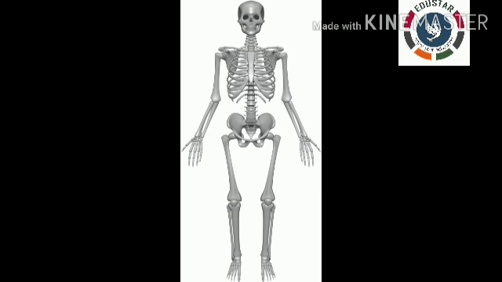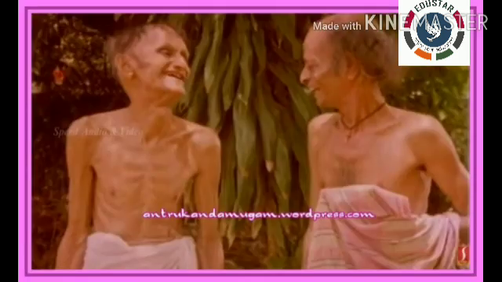So, bones and muscles join together to give shape and form. Bones and muscles are covered by skin. Look at the picture. This person has less muscle and looks like a skeleton. And this man has more muscles and looks different. Each person differs from others. This is because of the bones and muscles they have.